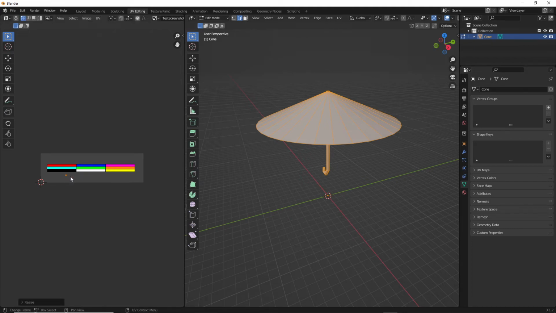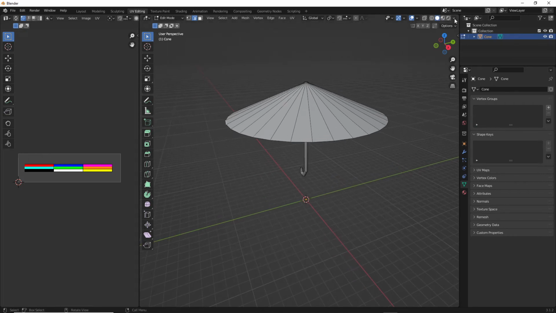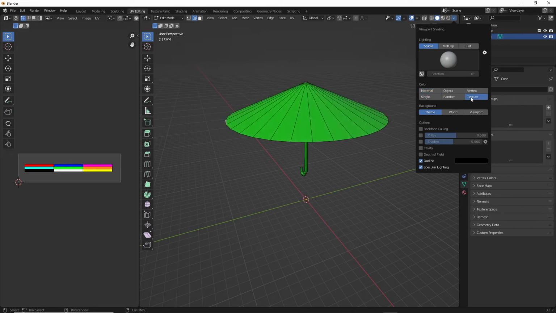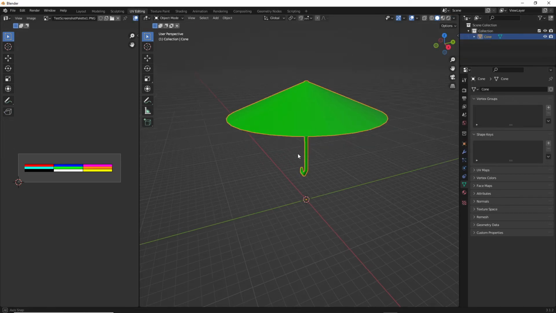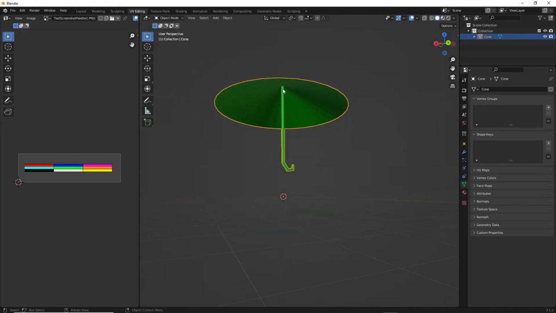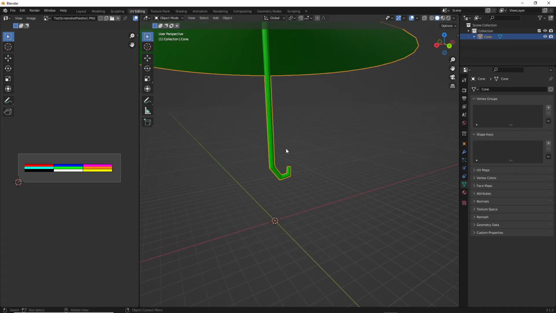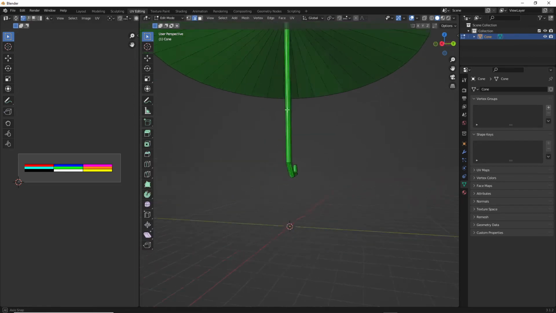This dot I can grab now with G and move to the color which I want. Let's say I want a green color like that, and I can see it here. But where's the color? Don't forget, we have to change on top here from material to texture, and here is our green color. Perfect. The thing is, I want to change a little bit more. For example, this one I want another color, and let's do this also. How can we do this? We go back to our